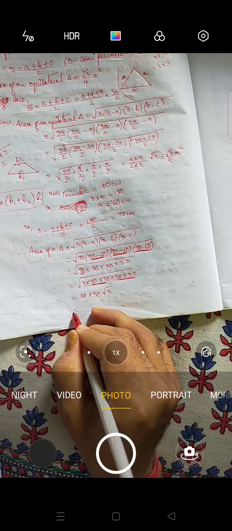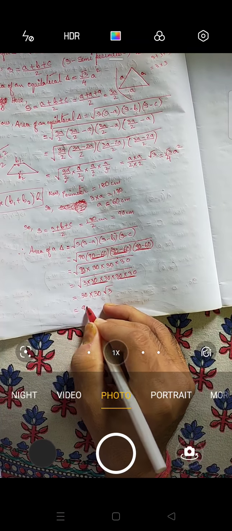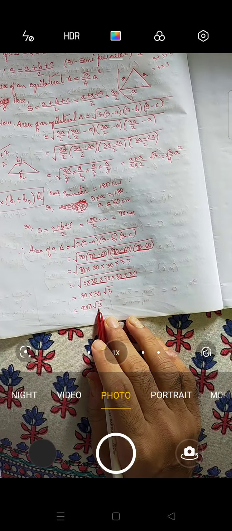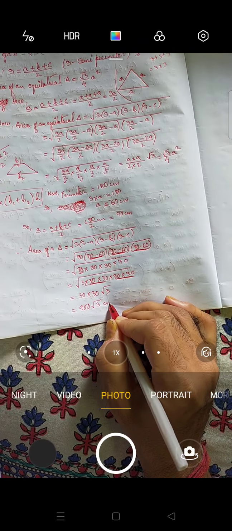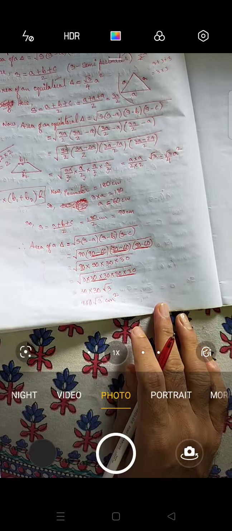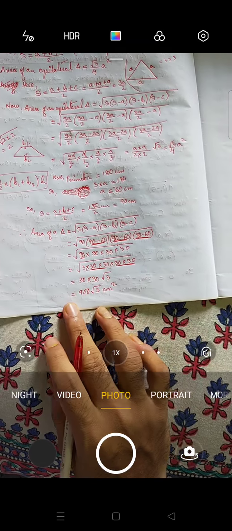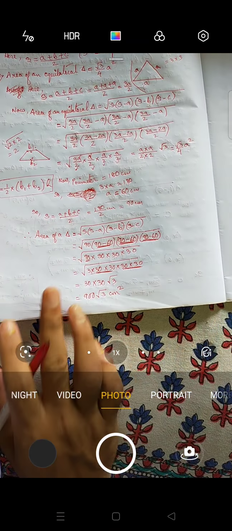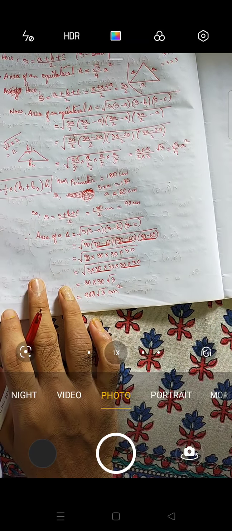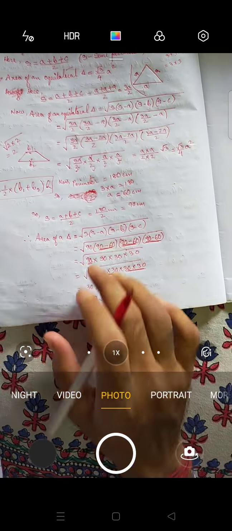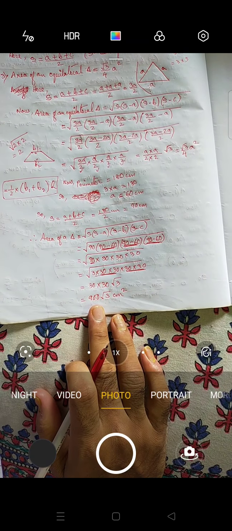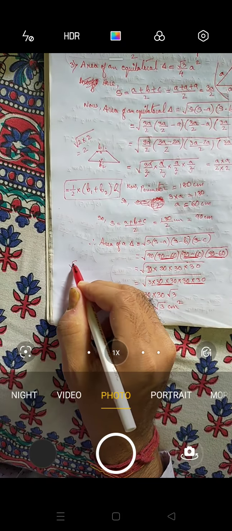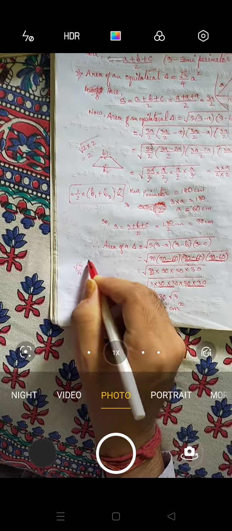So this can be written as 3 3s is 9, 900 root 3, and this is area, and remember that area is always in square. So centimeter square. So 900 root 3 centimeter square. Now in the question it was said that you have to apply Heron's formula. That's why we have done this way. Otherwise we could have done directly by using the root 3 by 4 a square formula.